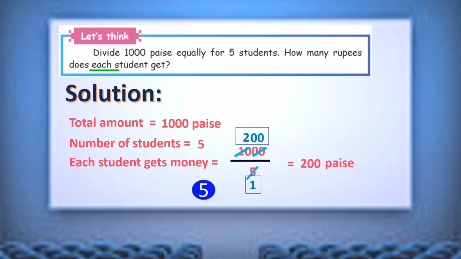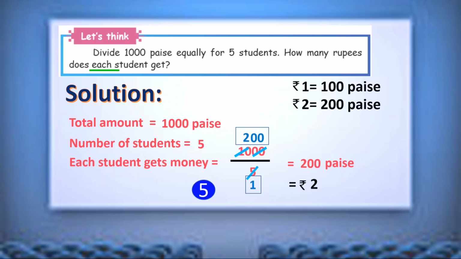Right? So one more thing. In that question they have asked how many rupees, but we get the answer in paise. So now we need to convert into rupees. That we know, isn't it? Rupees 1 equal to 100 paise, means 2 rupees equal to 200 paise. So here our answer is also 200 paise. So instead of 200 paise, just mention it as rupees 2. Is it clear now? Okay.